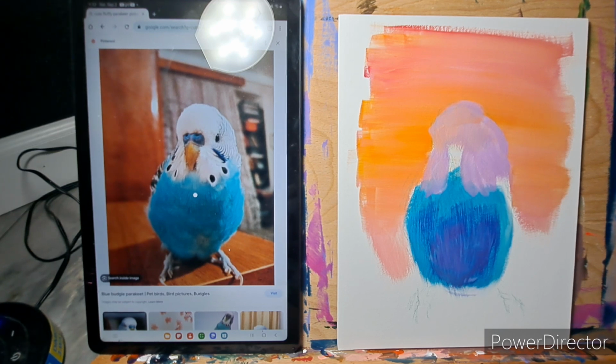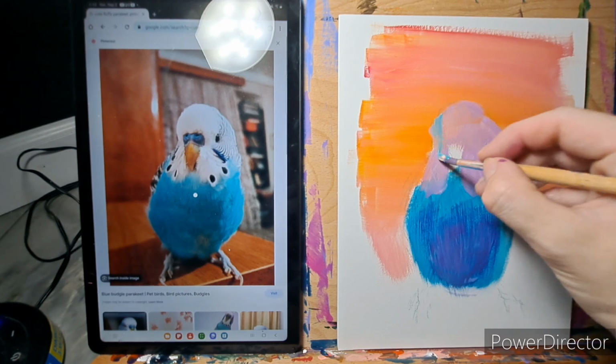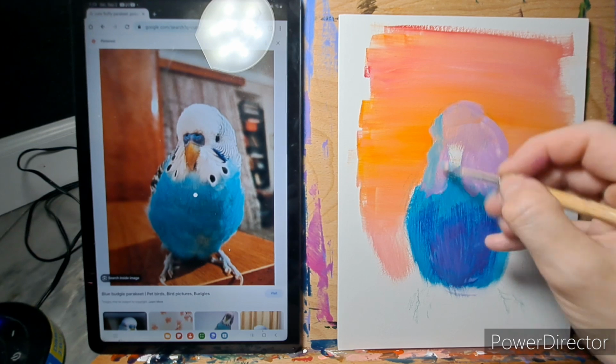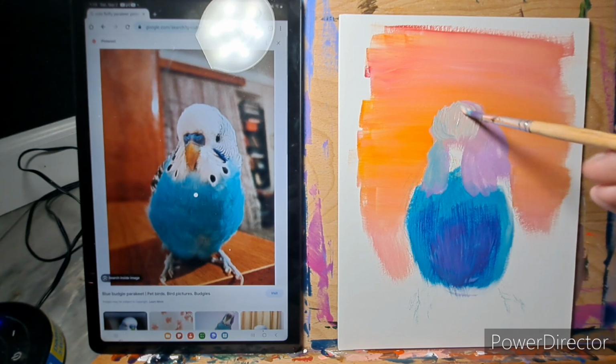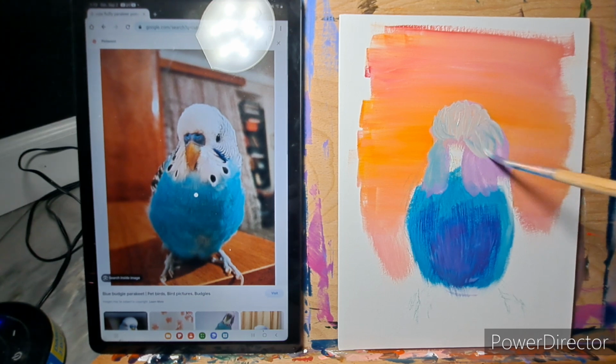Don't know the numbers, but that's generally what it looks like. I'm not too specific with the colors or the brushes that I use. Just anything that gets the job done or anything that looks like it'll get the job done. So there's a light blue and I think peach mixture, and then I'm adding peach on top, like on his forehead. And I'm trying to get the fluffiness out because I think maybe I didn't give him enough fluff when